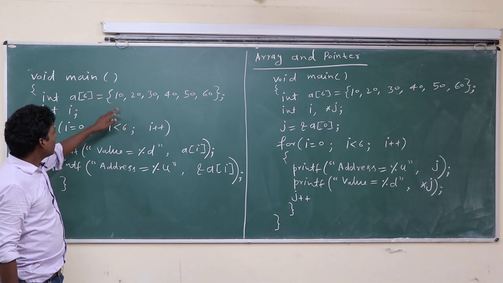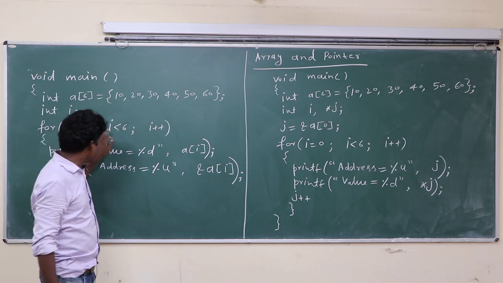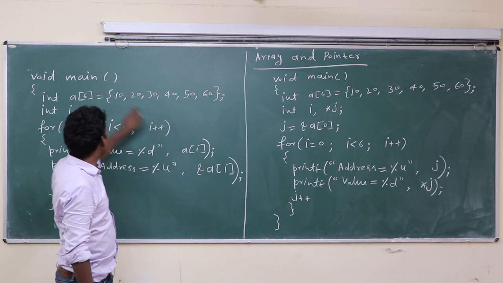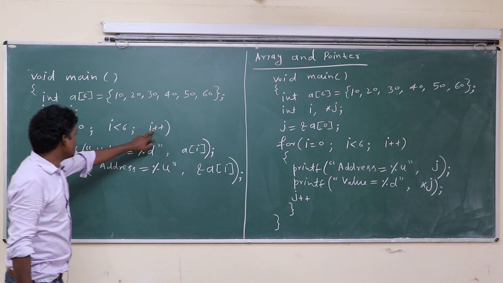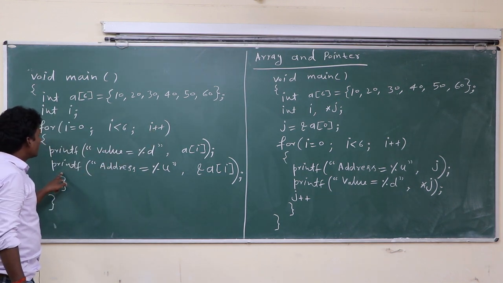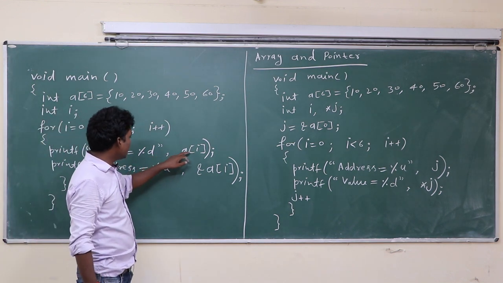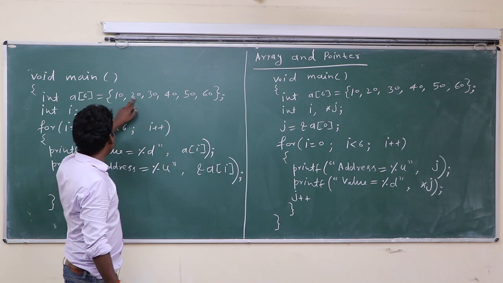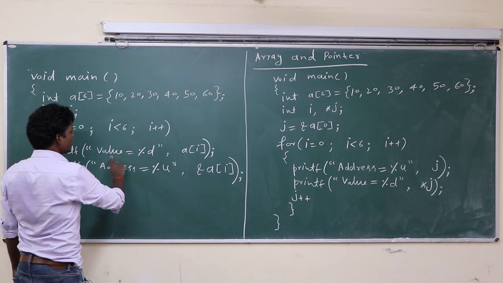a of i. First time when i is 0, 0 is less than 6, yes, a of 0, that is 10. 10 is printed. When i becomes 1, this i plus plus works at the end of the loop. i was 0, now i becomes 1. Now 1 is less than 6, yes, control goes to this line. Here a of 1 is 20, 20 is printed. First printf